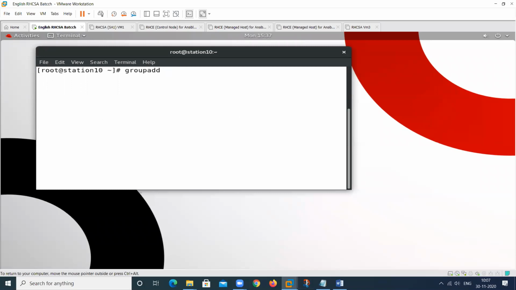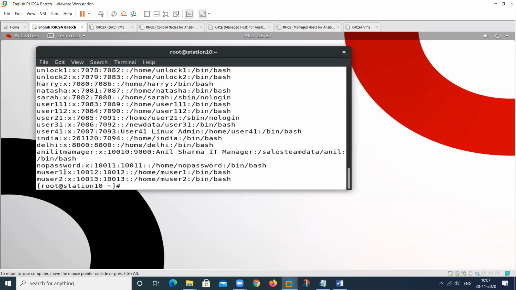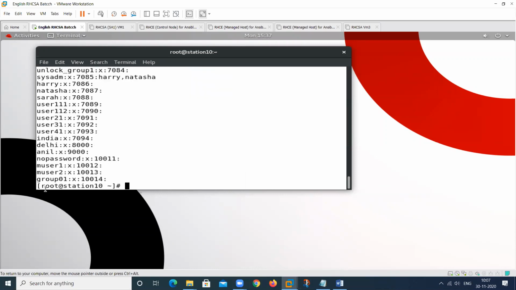My group name is group01, and I'm checking whether my group and users are created or not. So we use cat /etc/passwd. So these users are also created, and what about the group? My group also has been created.